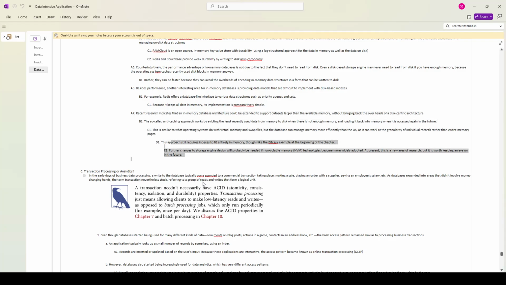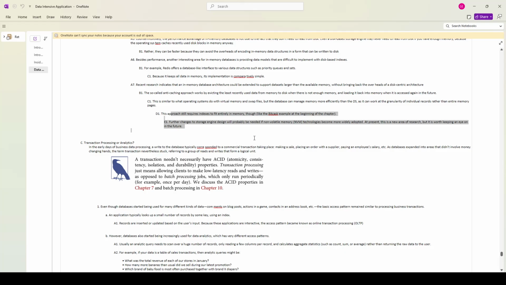This approach still requires indexes to fit entirely in memory. Like Bitcask's example at the beginning of the chapter, it still requires an index, because index makes searching fast, from O(n) to O(log n). That's how we make the data structure and algorithm of our software fast, and that's how we receive fast